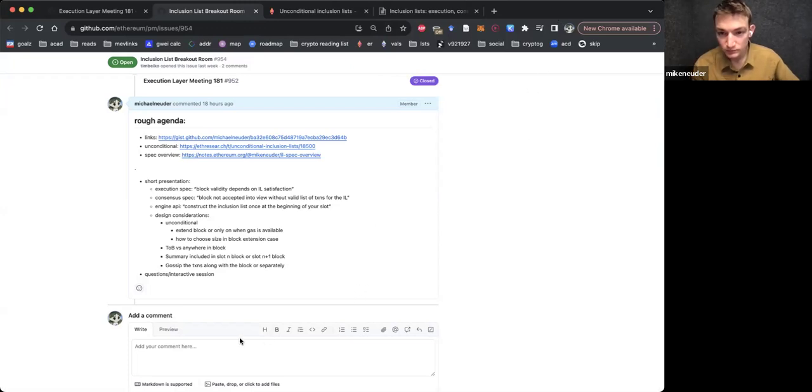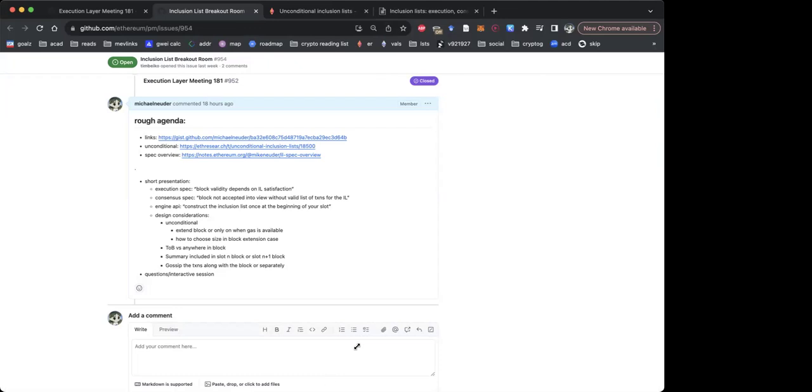Yeah, Terence. So one thing I would add that we missed is that for syncing, this is actually interesting because this is probably the first time we are looking at this. When you sync into the head of the chain using blocks by range or blocks by root, you're not going to have this inclusion list from before, because the inclusion list only matters for the current slot.